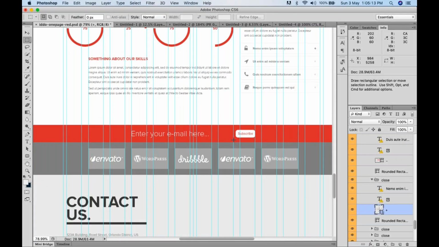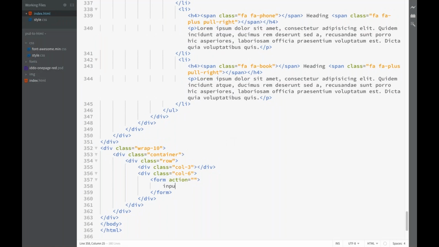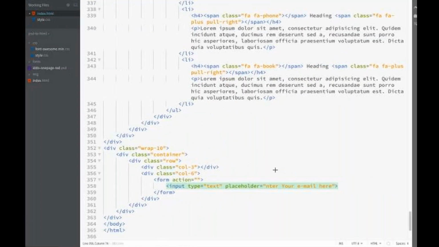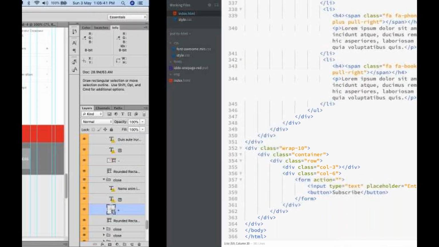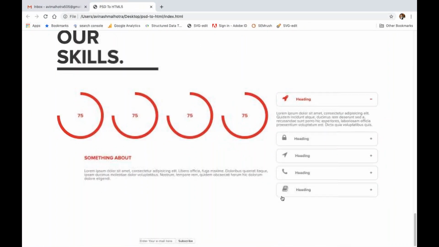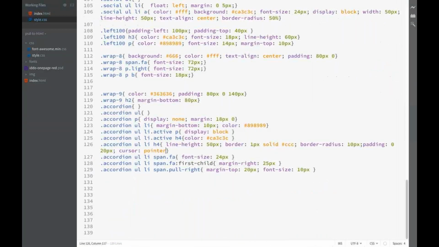सो दिस इज अ प्लेस होल्डर एंड दिस इज अ सेंड सब बटन। तो फर्स्ट एक इनपुट जिसका प्लेस होल्डर, enter your email here, and एक बटन सब्सक्राइब, ठीक है, तो ये यहाँ पे आ रहा है।